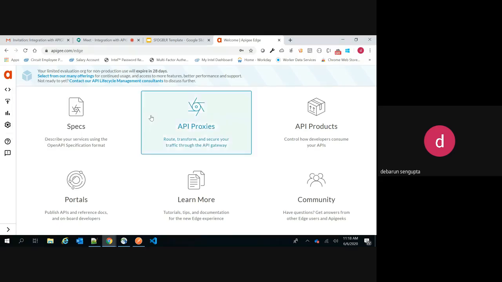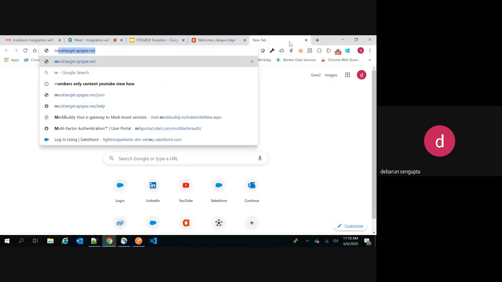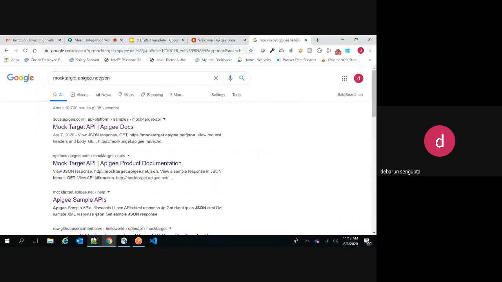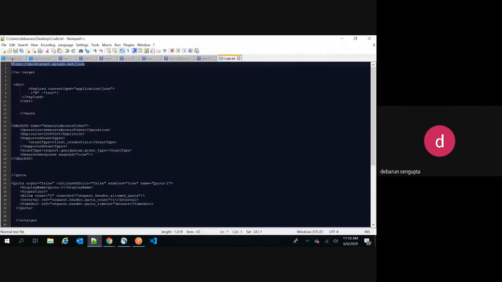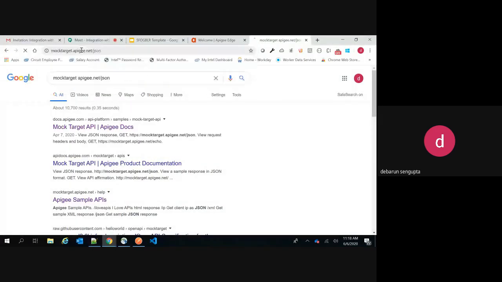Okay, so let me start with creating a proxy endpoint. Another thing, just to give a heads up before that: the target endpoint that we will be using for this entire demo session is the Apigee one.